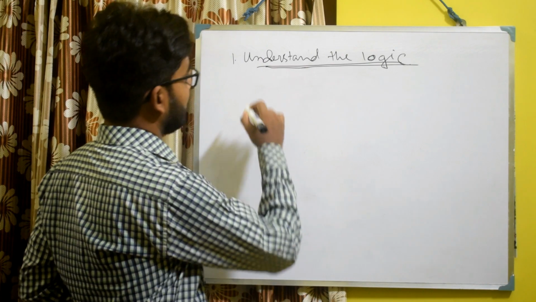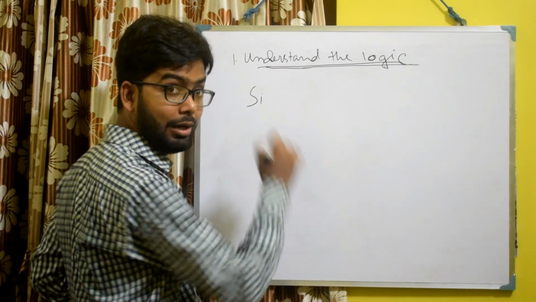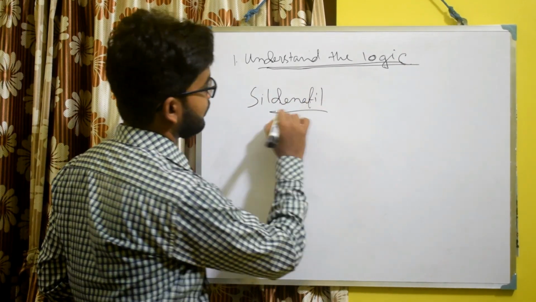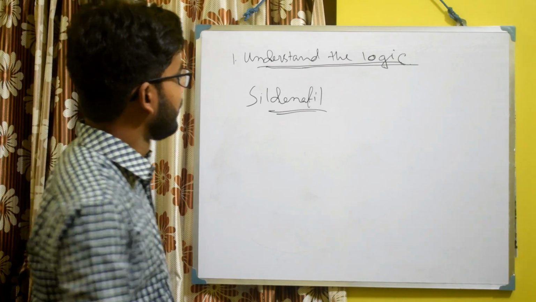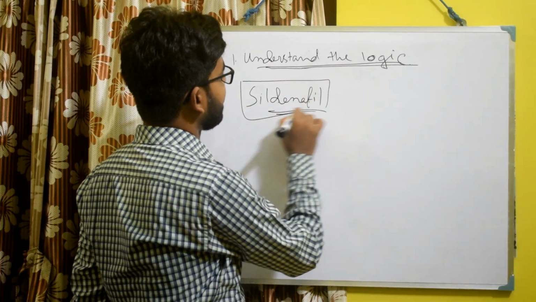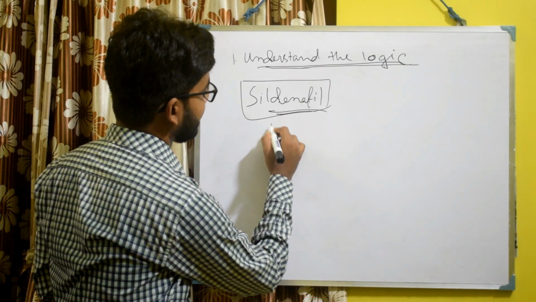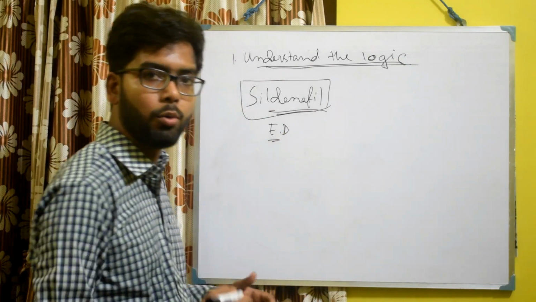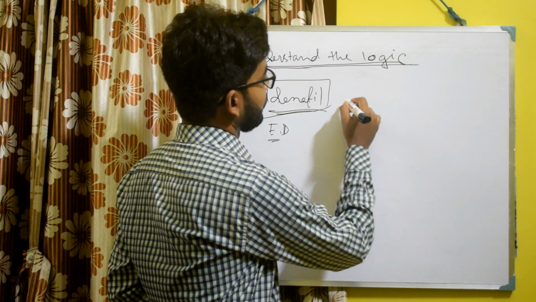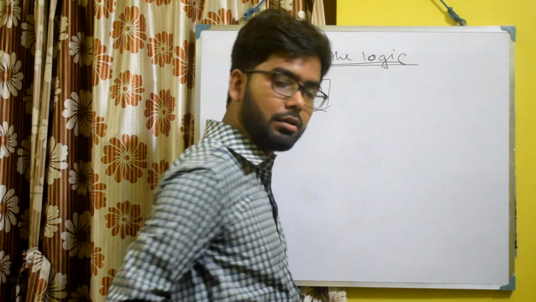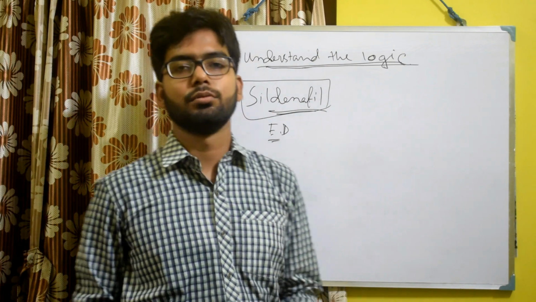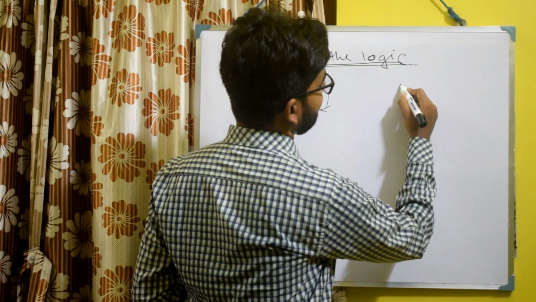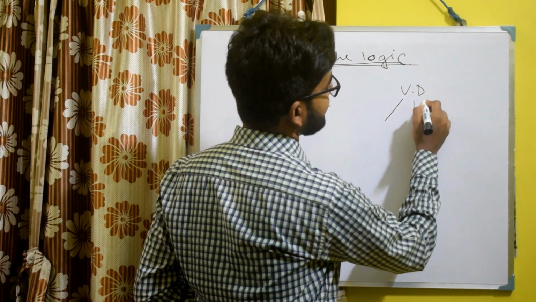There is one drug, you have heard the name, I think, sildenafil. What is the use of this drug? This drug is used in erectile dysfunction. And how does it work? There are three ways in which vasodilation can occur in our body. In case of vasodilation, three approaches are there.